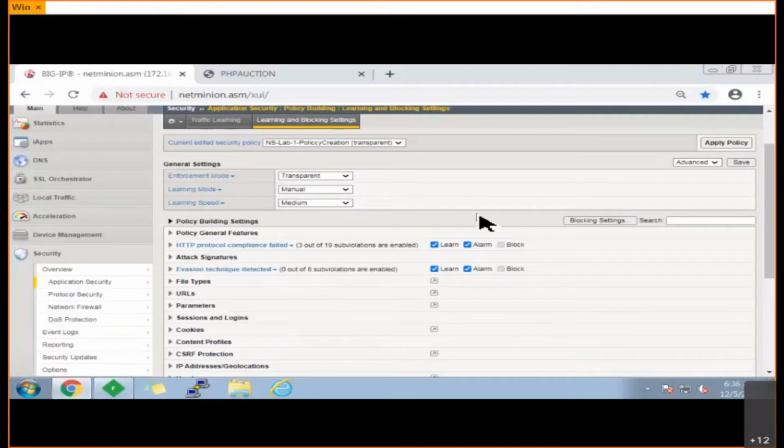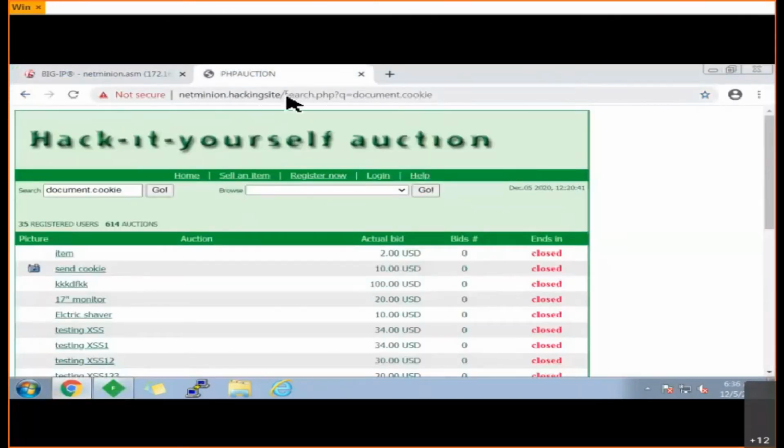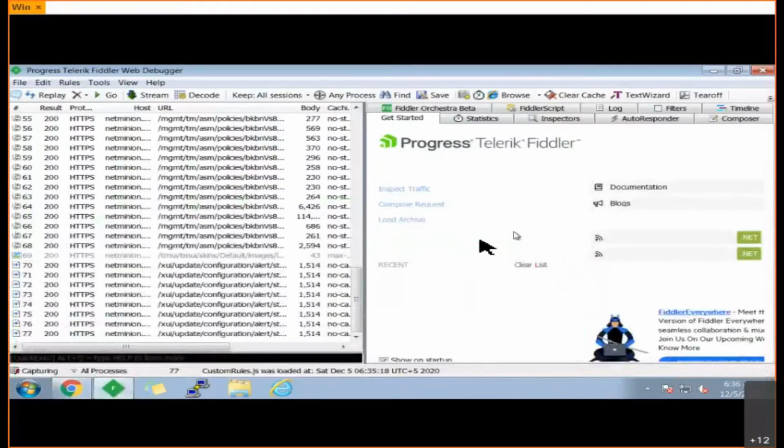Okay, now what we need to do is open our Fiddler tool. Let me go over here into my Fiddler tool.